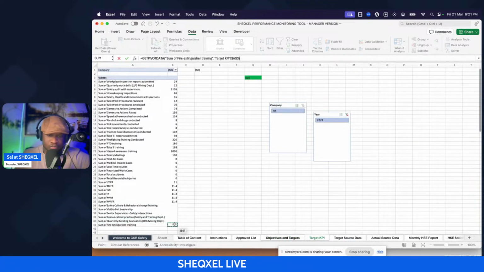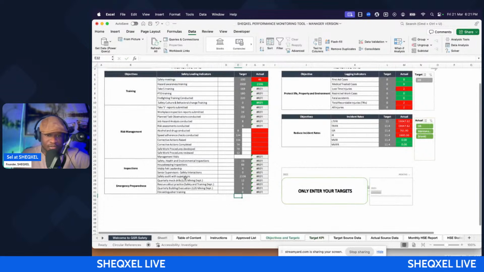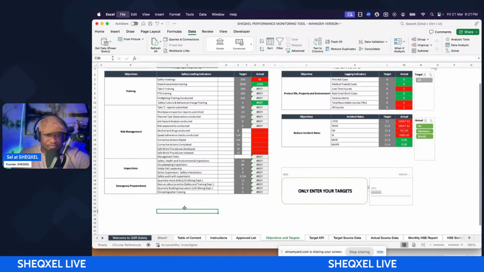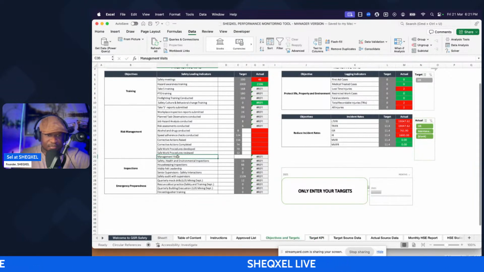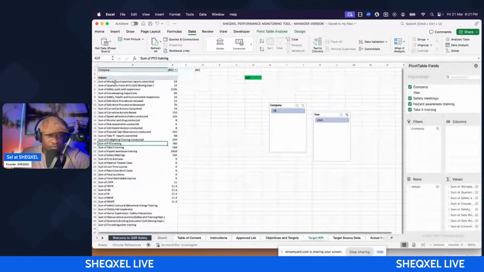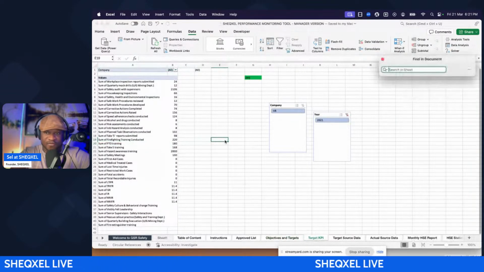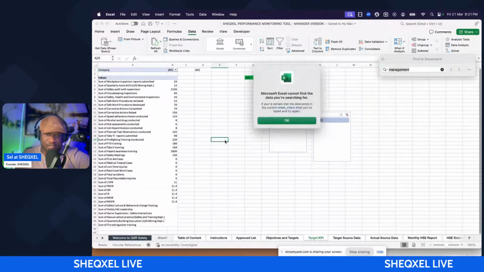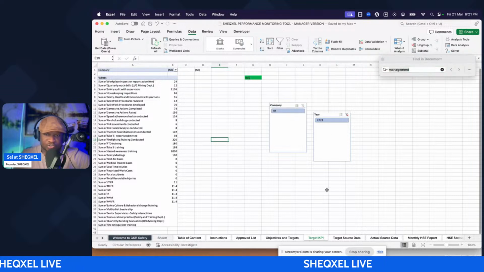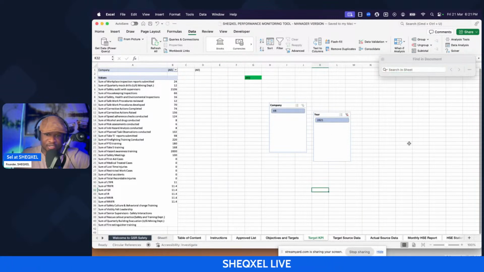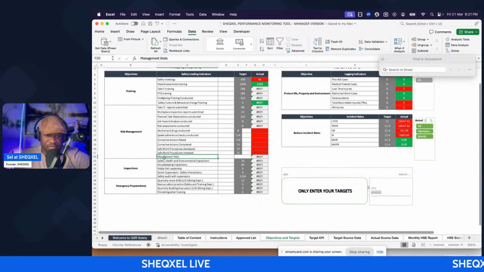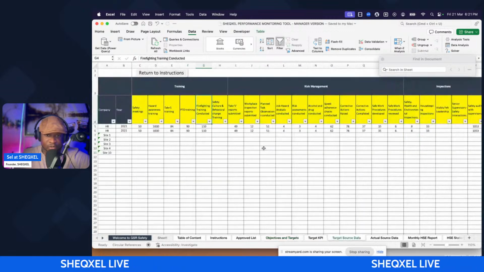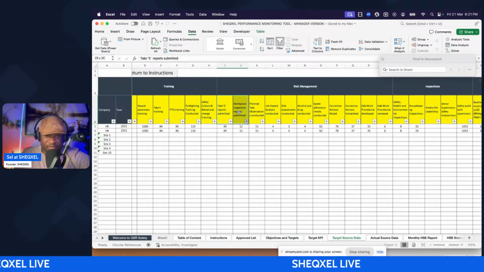So which one is outstanding? Management visits. Control F. Oh, I don't have management visits in here. So I need to introduce management visits. Perhaps I missed it in the list of key performance indicators. Let me see. That's part of risk management. Risk management has